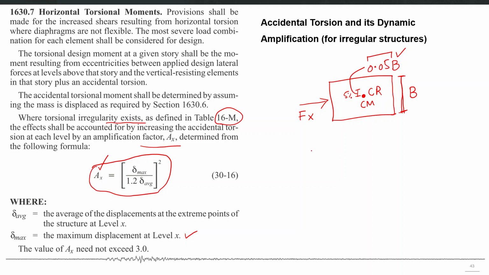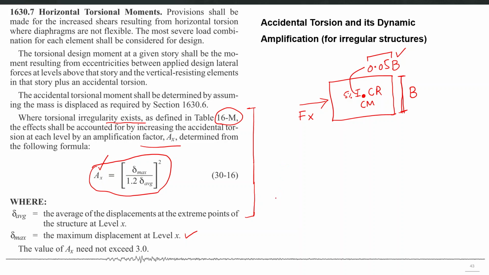You should note that torsional irregularity is a different topic and torsional stability is another topic. So you should not confuse torsional irregularity effects with torsional stability. For example, if you find out that your structure is torsionally unstable, no matter how hard you try to comply with all of these clauses to account for torsional irregularities, your structure is not going to sustain the torsional moments caused by the design earthquake level. So that is a topic for another video lecture, but you should not confuse torsional irregularity checks with torsional